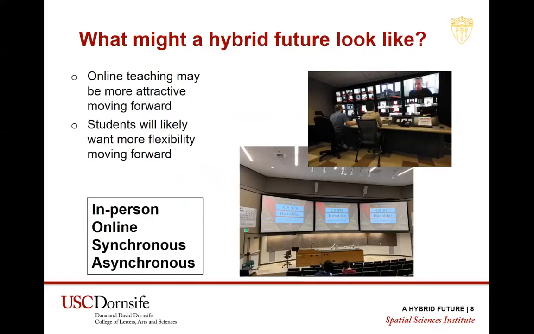So my last slide is to wonder what the future might look like. And I have two guiding observations that have been very persuasive in me thinking about this topic. The first is